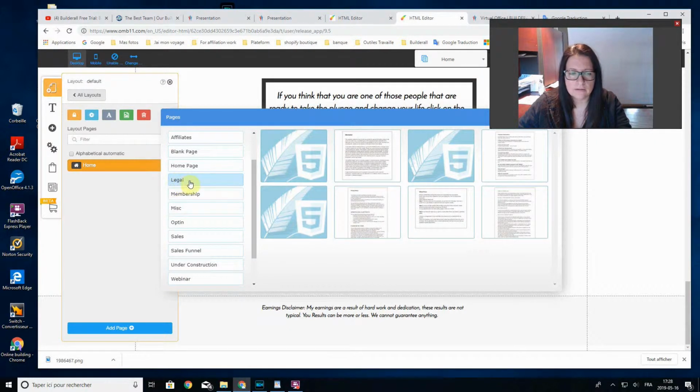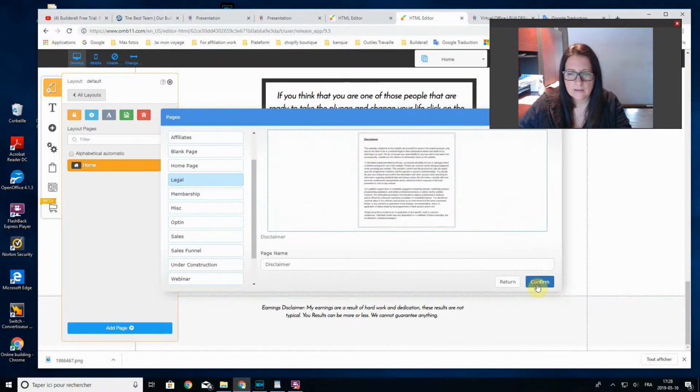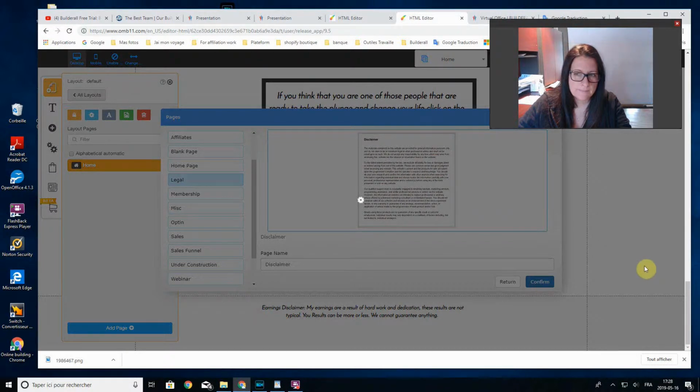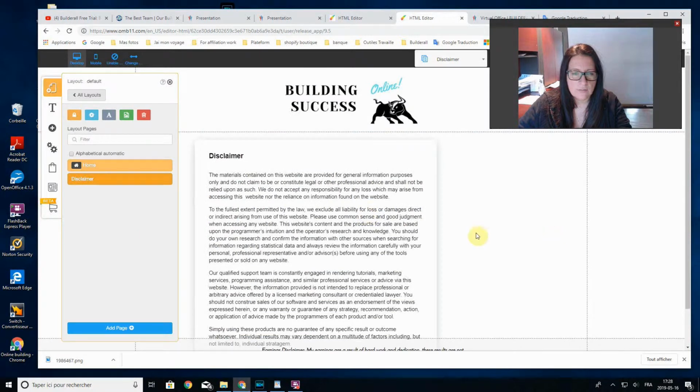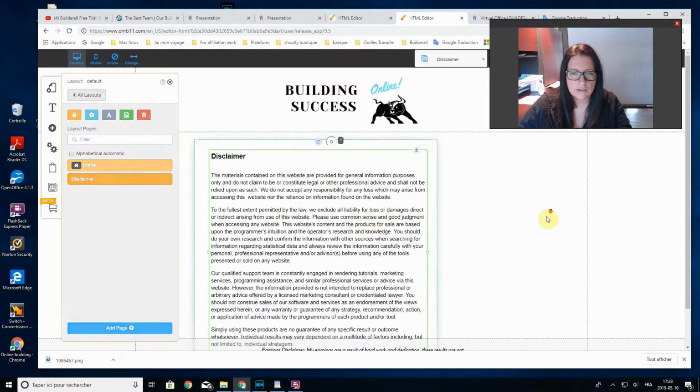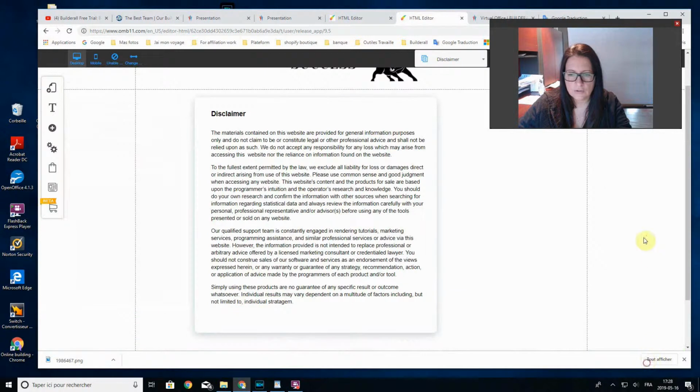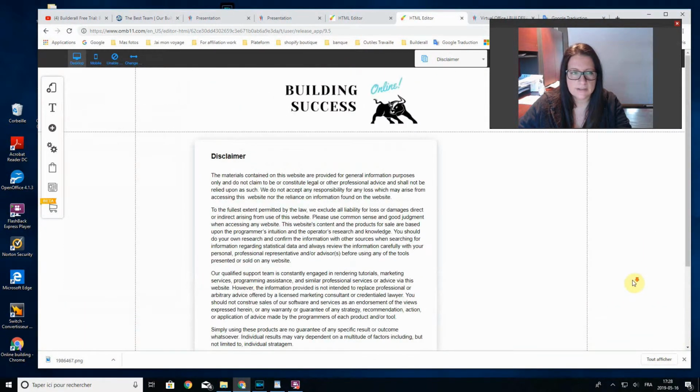and we go to legals. So we have here disclaimer, frequently asked questions, privacy policy, terms of website use, and refund policy. So we're going to put the disclaimer, we confirm, and it's going to be on the page that we just created. So you just have to go and modify it a little bit. Okay, then we're going to go and get